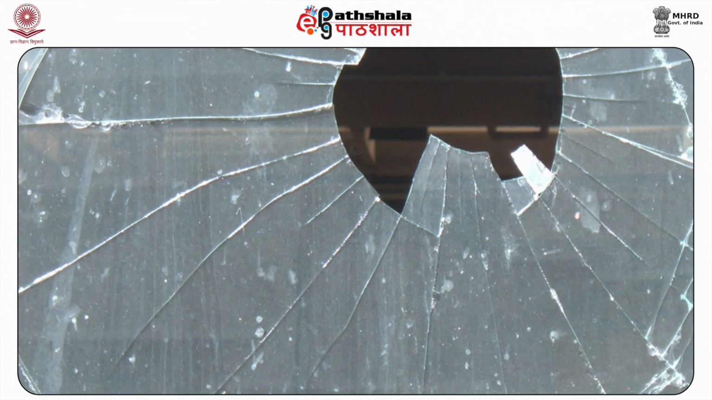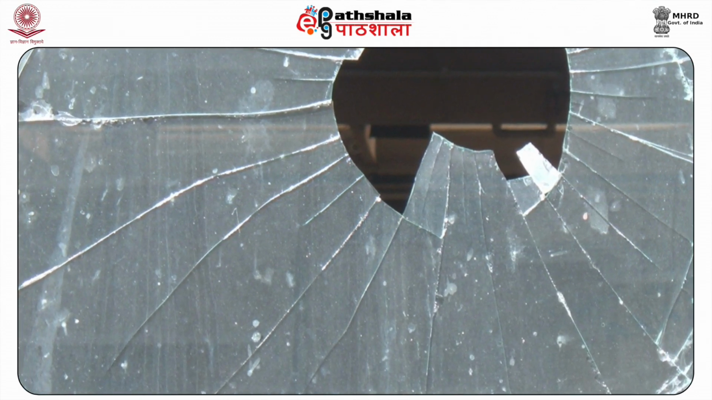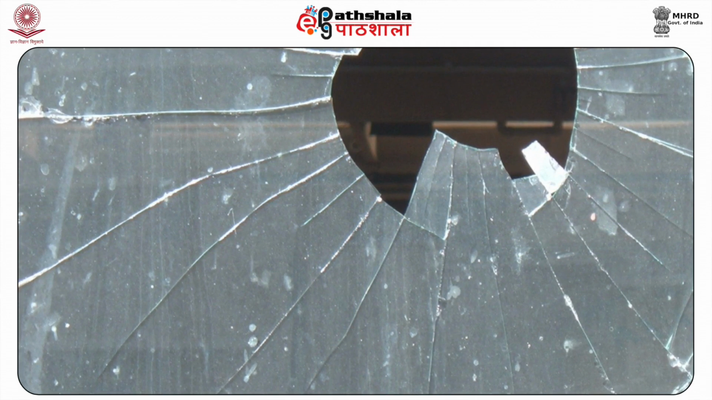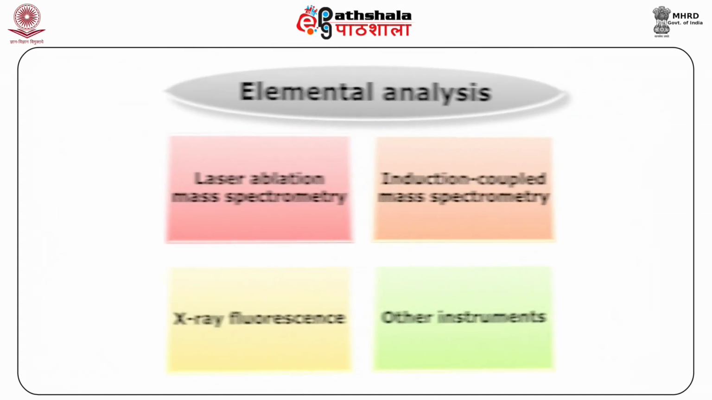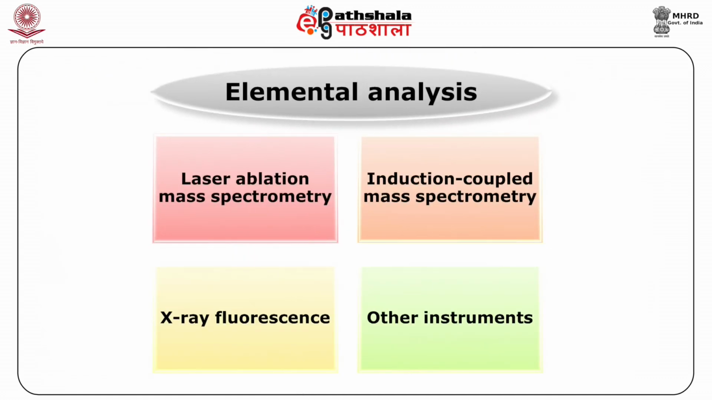Glass can yield valuable information from fracture marks, lines, and patterns. Testing for unique characteristics such as color, optical properties, and density can determine the type of glass. For example, a window pane, vase, or bottled glass. A detailed elemental analysis can be done using laser ablation mass spectrometry, inductively coupled plasma mass spectrometry, X-ray fluorescence, or other